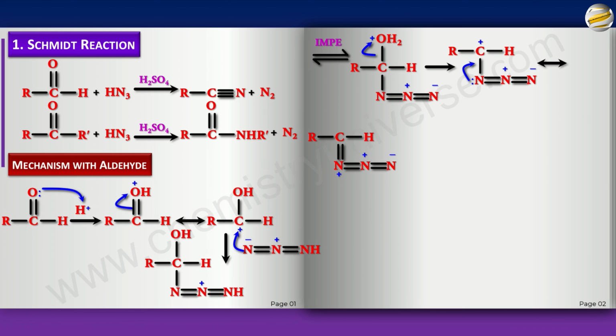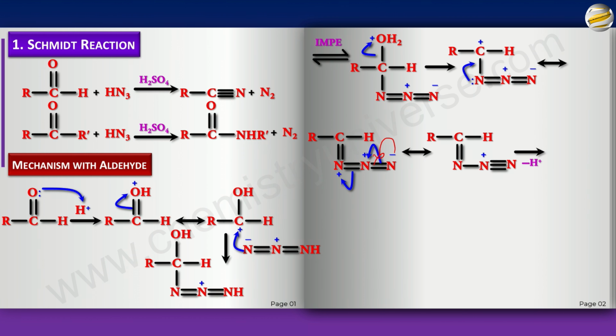Now remember, you need to get rid of this N2 gas. At the same time, you need to get C triple bond N. So one of the ways of doing that is to make this bond go here. That relieves one bond here, and you're going to get something like this. Now, ideally, this arrow is slightly wrongly made. It should be this way, and that way you will get the plus retained on N. So eventually, this bond will shift.